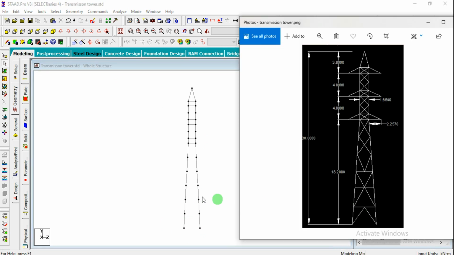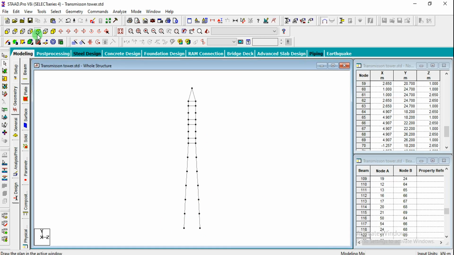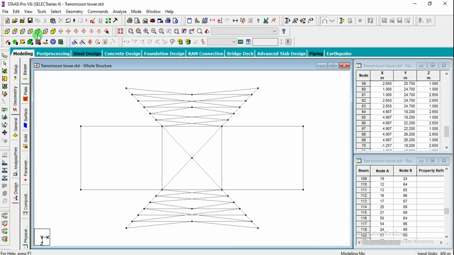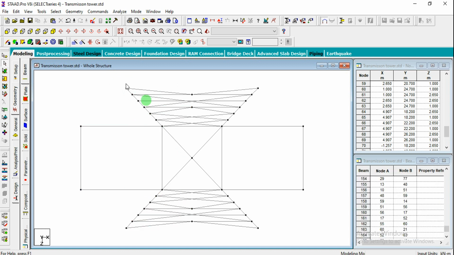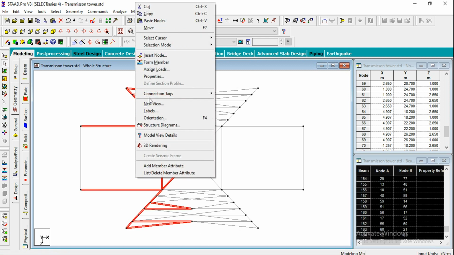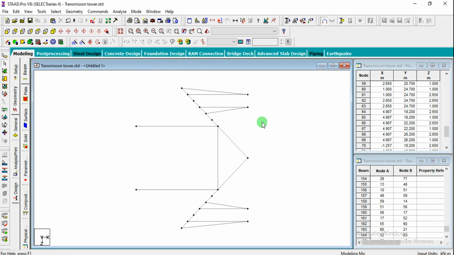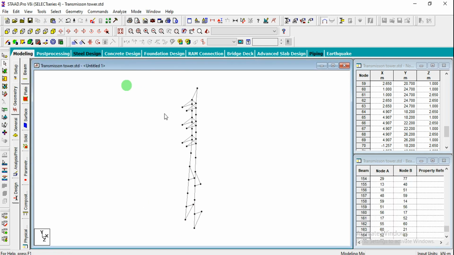So let us create the same again. If you are getting confused, you can go for the top view and simply highlight this portion, and we don't need this actually. We don't need these inclined members. Otherwise, yeah, we can simply separate till here. Just go for right click, new view, and click on OK again, and let us re-separate it again.